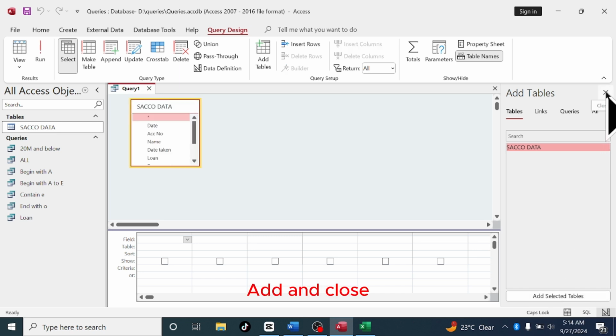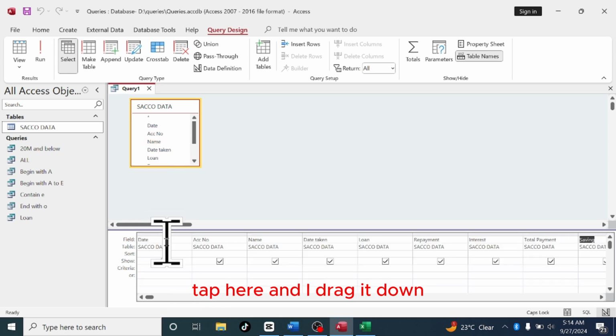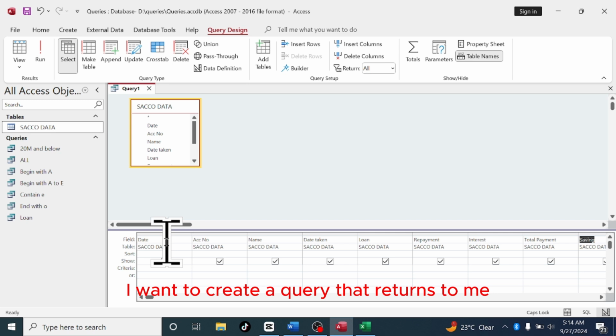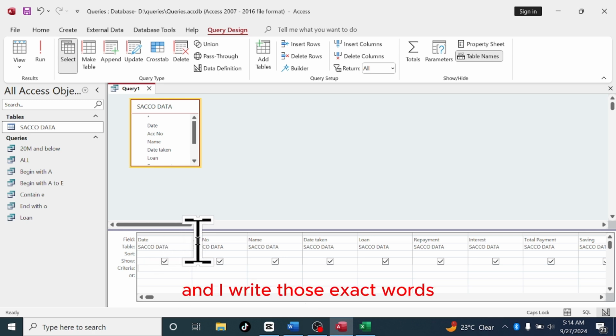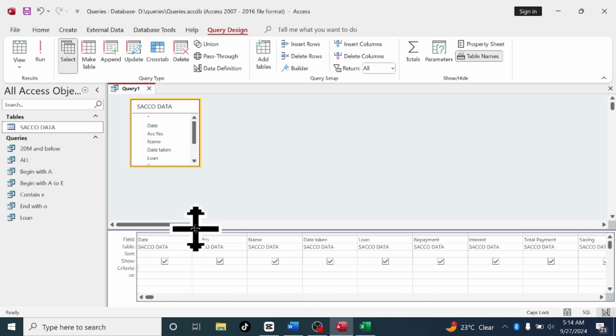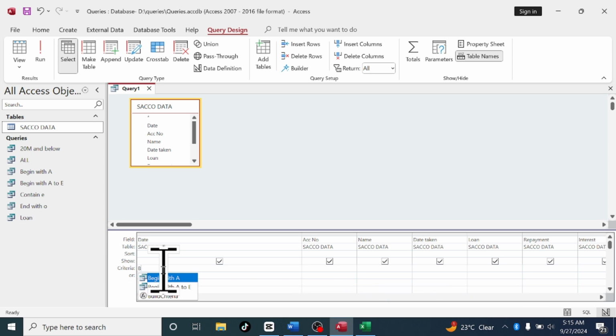Then we hold it there at top, and then query design, add, and close. Now I want to create, tap here and I drag it down. I want to create a query that returns to me only those transactions that took place between May and August. So I will come to date here and I'll write those exact words. Now when you're writing an expression for between, you actually write those words. So you say between,